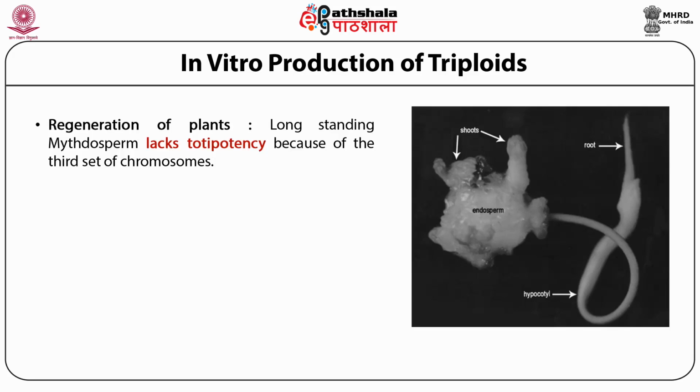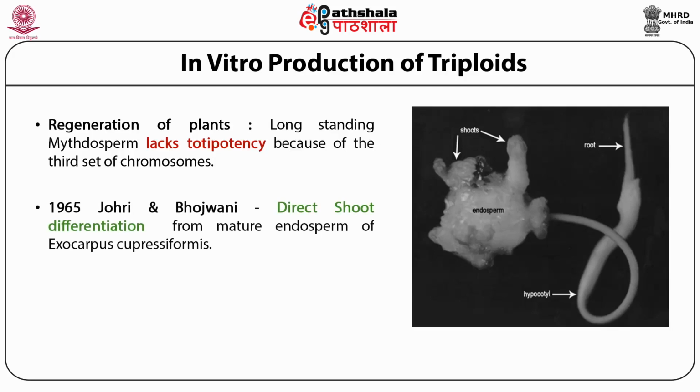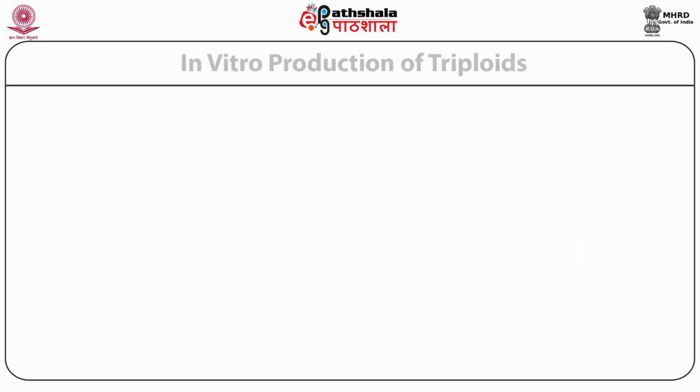But in 1965, for the first time, in the case of Exocarpus cupressiformis decoated seed cultures, Johri and Bhojwani observed the differentiation of shoot buds from the surface of the endosperm. And you can see in this picture, the embryo has germinated. You can see the root and the hypocotyl. And the surface of the endosperm is differentiating well-organized shoots, which could be excised and cultured. After that,